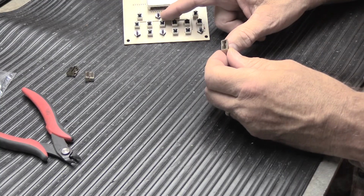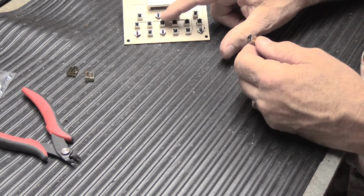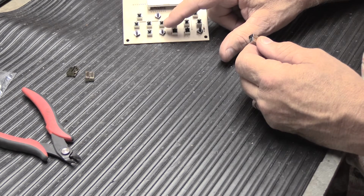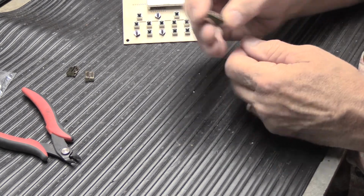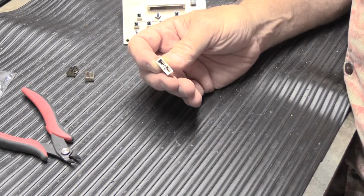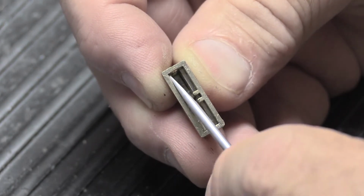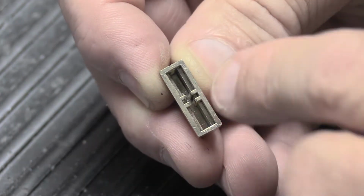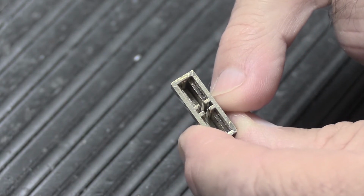Once you've installed the new switch, you have to modify the button cap a little bit to make it fit on the round stem of the actual switch. Because remember, the original switches have a X or cross-shaped stem, and these are round and they're a larger diameter overall. So we have to modify the inside of the button cap to make it fit onto this switch. And here in this close-up view, again, you can see there's a slot that runs this way and a slot that runs this way, forming the X in the middle of the button, and that's what fits on the original stem. What we have to do is make that round so it fits on the end of